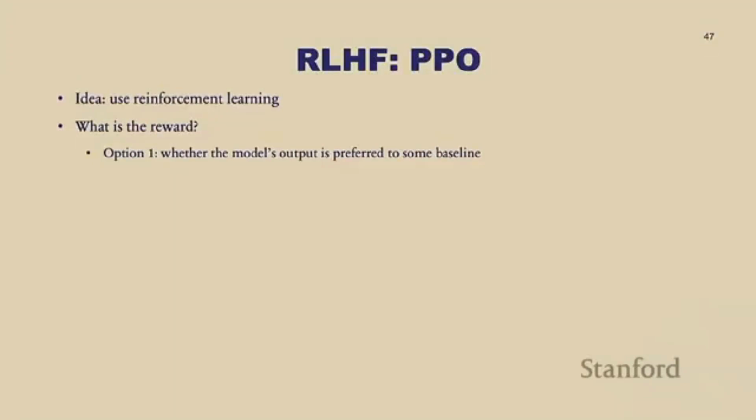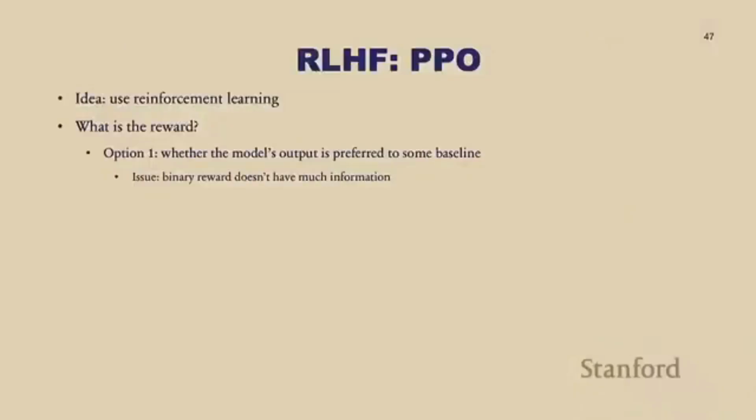The first one, you could just say, I'm going to compare the output generated by some baseline, the output generated by my model, and I'm just going to ask the human to say which one is better, and I'm going to use this as a reward. So if I'm better than the baseline, this is a +1. If not, it's a -1. So now it's binary reward. The problem with binary reward is that it's very sparse, and you don't get much information out of it. Maybe your answer was slightly better, maybe it was way better, and you don't really know from this how much better it was. So option 2 is that you can train what we call a reward model, which is simply